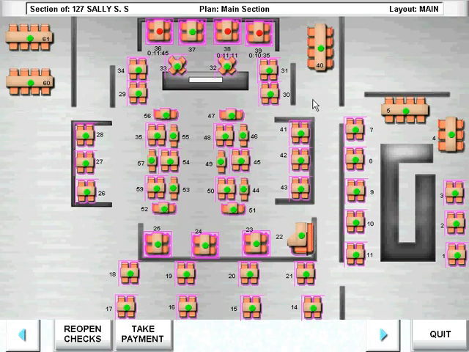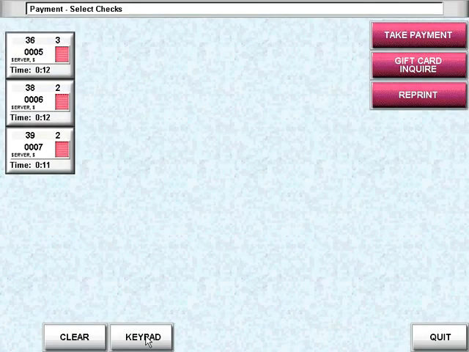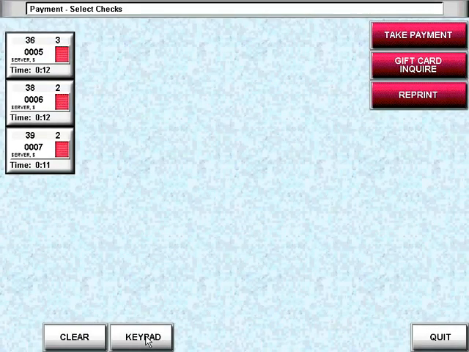At the bottom left, you'll see the Take Payment button. Select it and you'll see a screen with all printed checks. Remember that if you don't see anything listed in this screen, it doesn't mean that you don't have checks ready to pay, it just means that they have not yet been printed. Select the desired check,